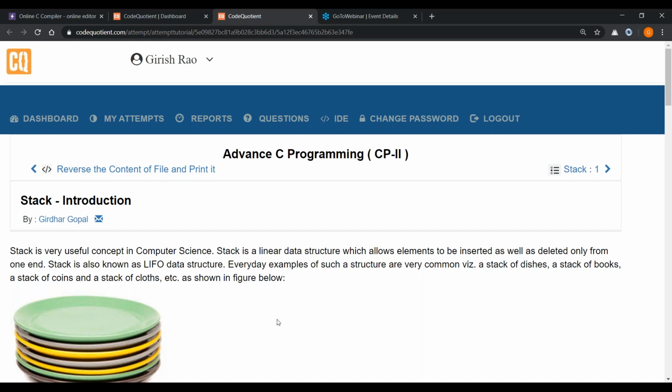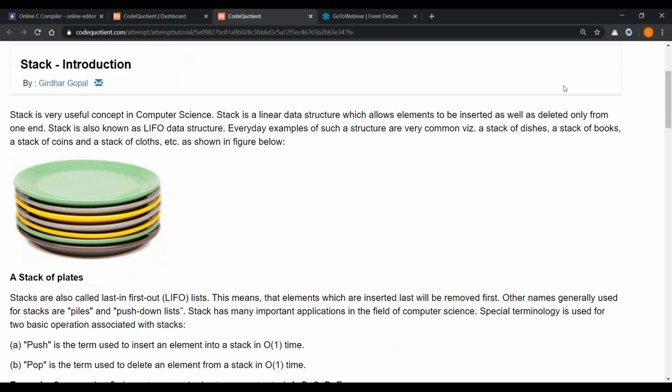Okay. I hope the screen is visible to you. Yeah, it is a code question screen out over here. A stack is a data structure, okay, which allows a last in, first out mechanism. That means if I have an array in which the contents have been placed as 1, 2, 3, 4, then the elements displayed from the stack will be in the opposite direction. That will be 4, 3, 2, 1.